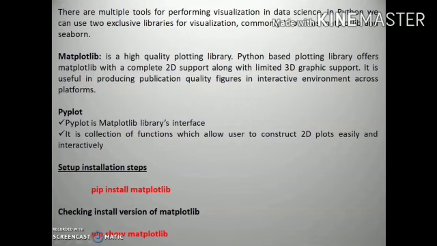For working on charts, you have to install Matplotlib. For this, you have to run pip install matplotlib command on command prompt. And if Matplotlib is already installed in your system, then you can check your version by running the command pip show matplotlib. So you can check the version of Matplotlib library also. Let's consider an example.